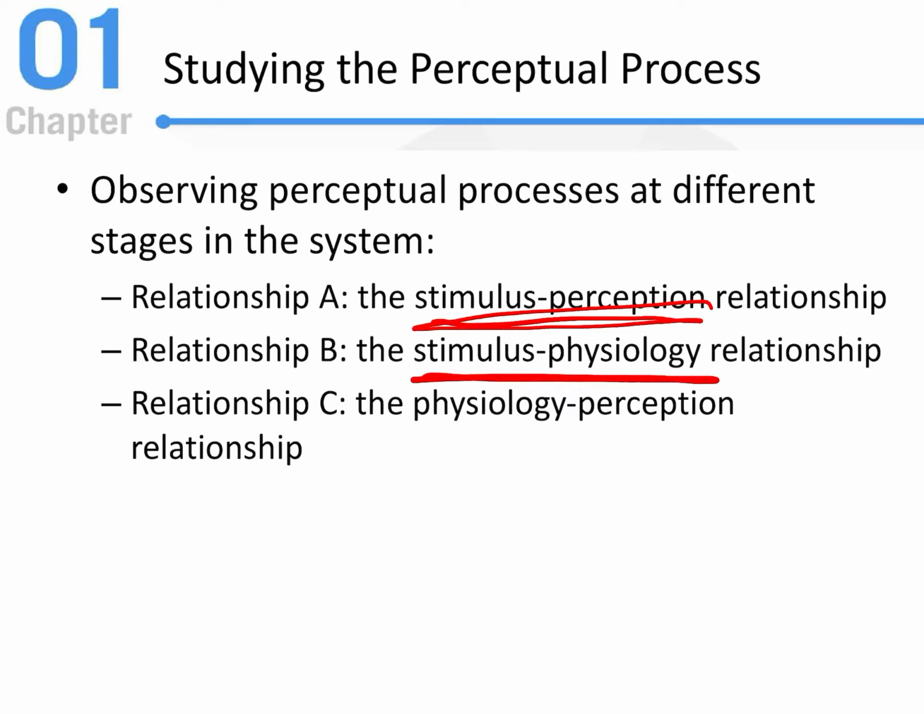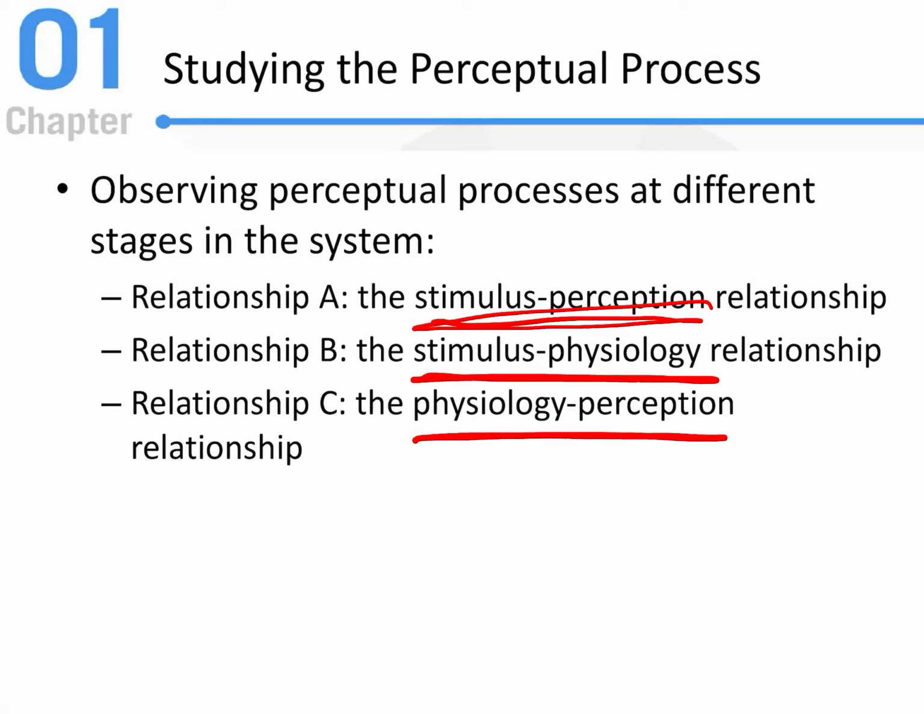The stimulus physiology relationship, or relationship B, is, does your brain recognize that thing? You may or may not know what you're looking at, but does the brain react to the stimulus? And relationship C is, does the brain react, and do you actually understand what it is or perceive that you're looking at? So the goal of perceptual research is to really understand each of the steps in the perceptual process that lead from the stimulus right in front of you to that behavioral response,